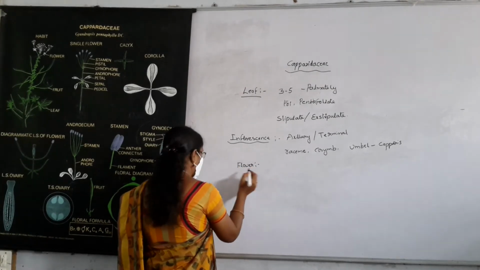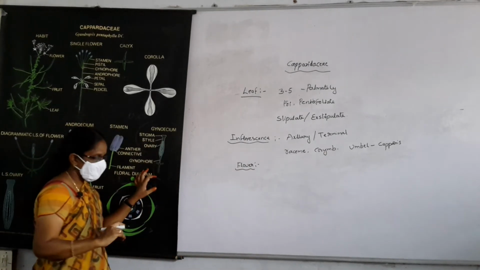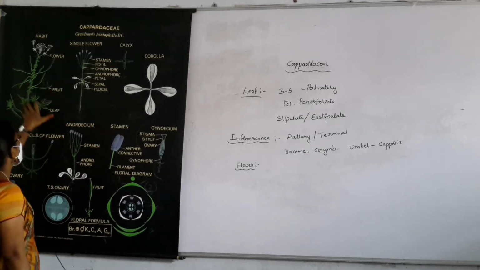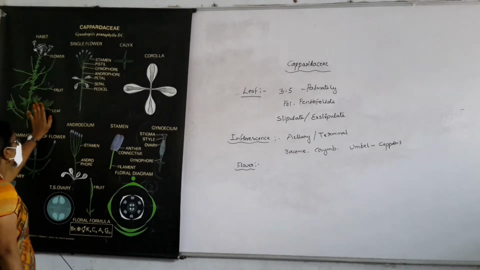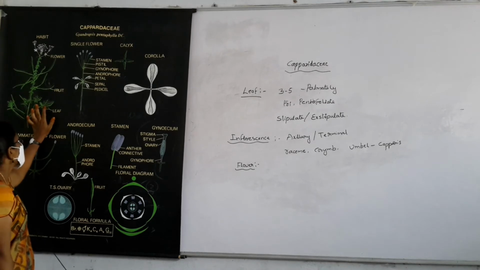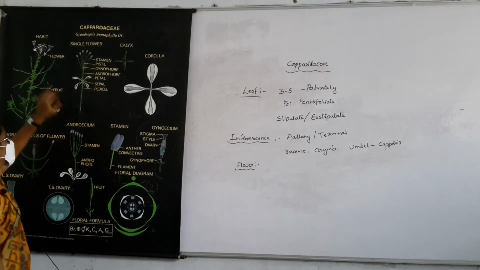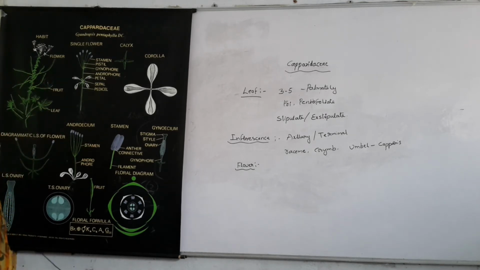Next one is flower. In flower, this is a single flower. This is the habit of the plant, and normally these are the vegetative characters: root, stem and leaves are also complete. The inflorescence is axillary, racemose, corymb, or the umbel inflorescence is also present